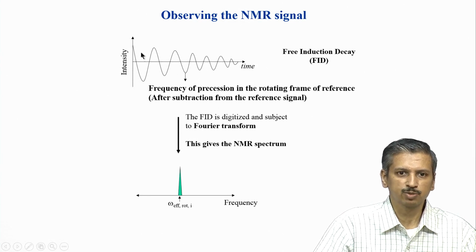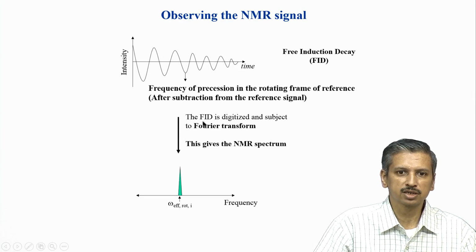So, this is again the picture of a free induction decay. You can see here the frequency of precession in the rotating frame is now removed, because the frequency you are seeing is nothing but the difference between the reference signal frequency and the effective signal frequency, and therefore that is 0. This becomes 0 if they match exactly, but they may not always match because of the chemical shift value, and in such a situation you will have this oscillation.